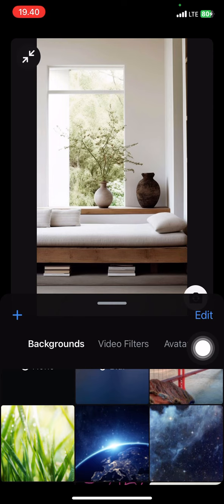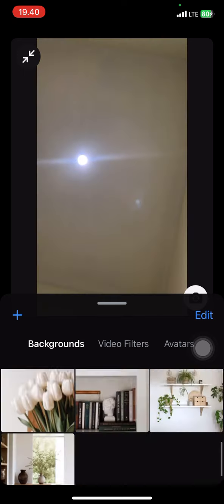So this is the result whenever you get the background change. So basically that is the way how you can change the video background of the Zoom